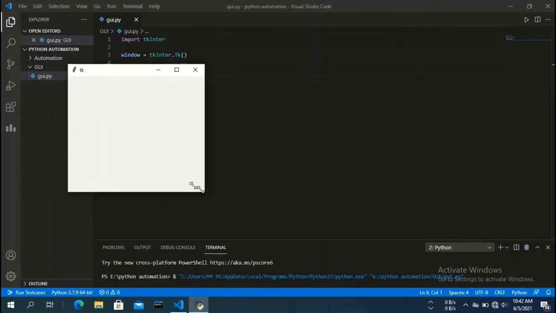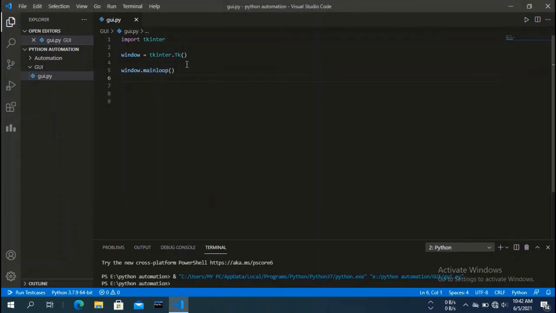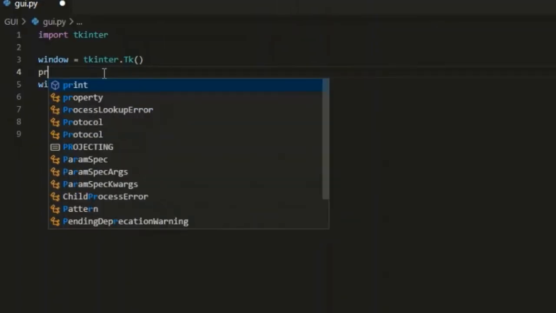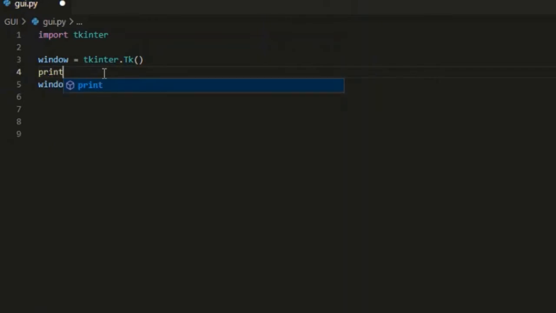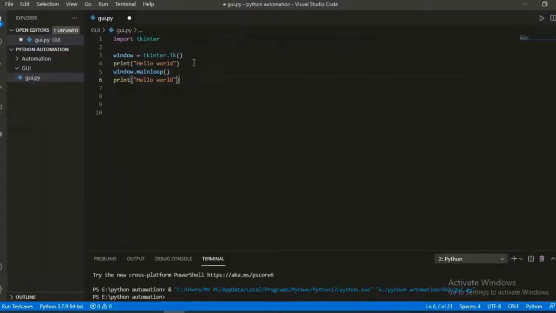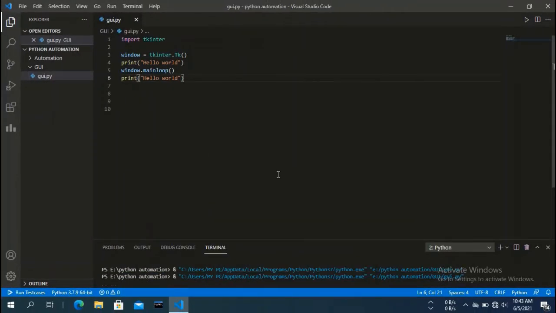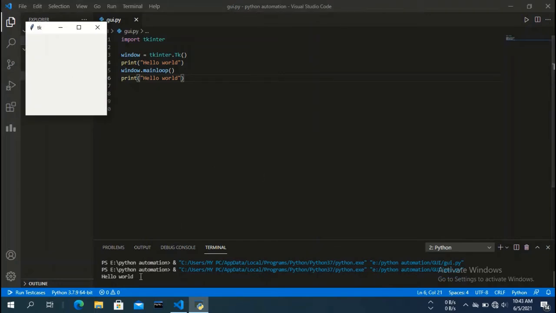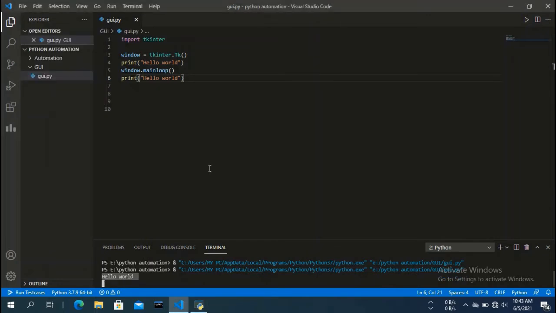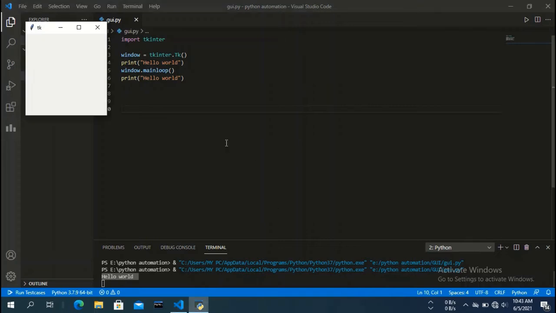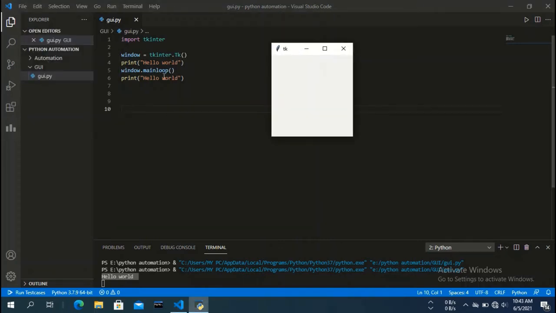So here is our window. You can increase or decrease its size. Now let's do one thing. Let's write two print statements, one before this mainloop and one after this mainloop. Here you can see there's only one hello world printed. This is because this mainloop will block every code that comes after it until the main window is closed. So if we close this window,